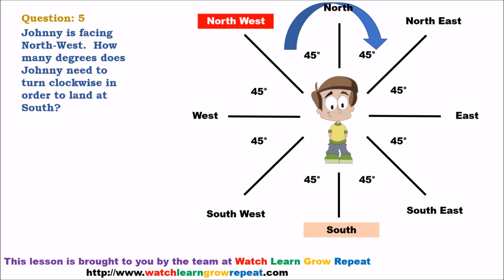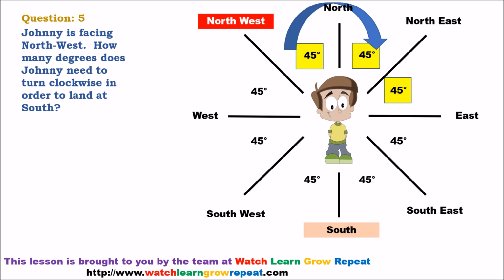Okay, so a 45-degree turn clockwise would bring him to north. Carrying on another 45 degrees, so a total of 90 degrees from the starting point would bring him to northeast. But we need to keep going forward and finally end up at south. So another 45 degrees, meaning a total of 135-degree turn from the starting point clockwise, would mean Johnny is now facing